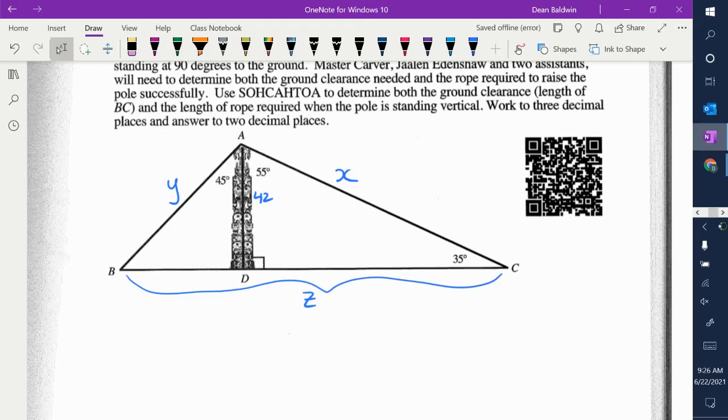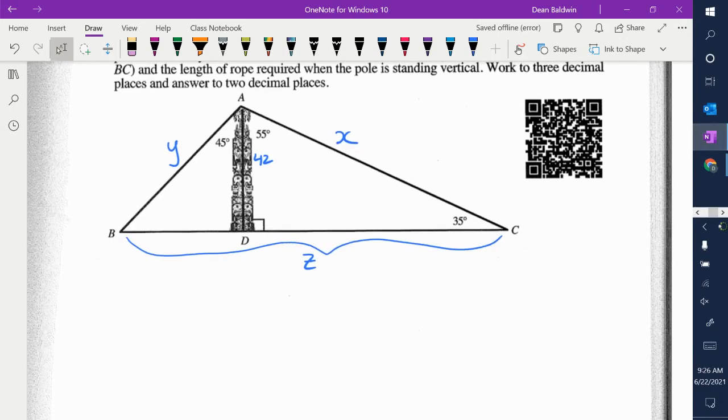First? X, Y, or Z? What do you want to solve first? Okay, let's do X. Here we go. Okay. So we're using the right-hand part of the triangle. Okay. We're doing X first. So,